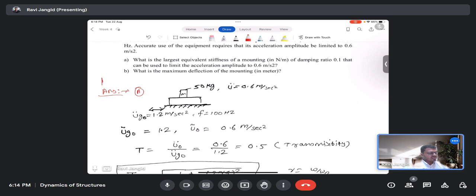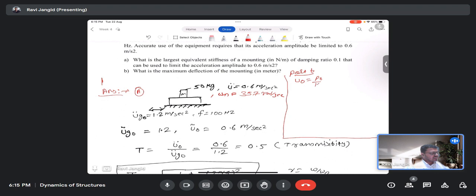If you don't have any doubt, now you can find out the maximum deflection of the mounting. Now you have the system stiffness, or you can say you have omega n as 357 radian per second. So now you can find out the response of the system. For part B, what you need to do is